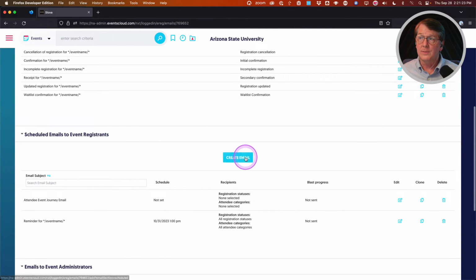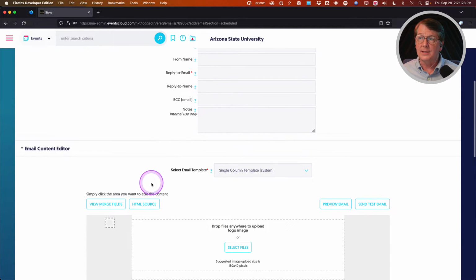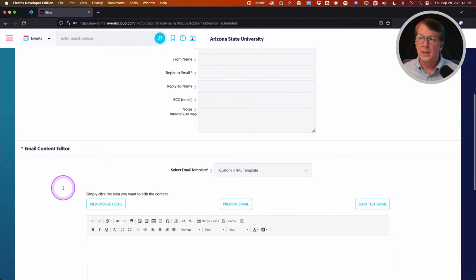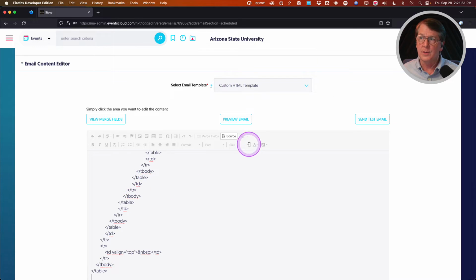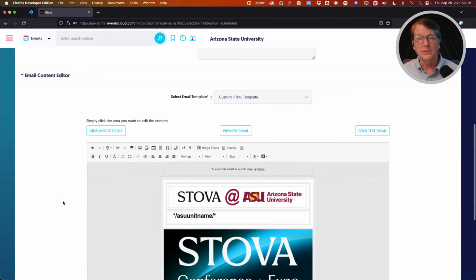Now down here, I'm going to click that create email button again. Go down to content and change the select email template from their single column template to custom HTML template. Yes, I know what I'm doing. And now we are in the HTML editor like we had before. I'm going to click source again, paste that code, hit source, and there we have it. My code has been safely transferred from triggered emails to